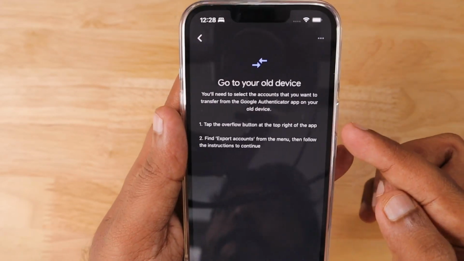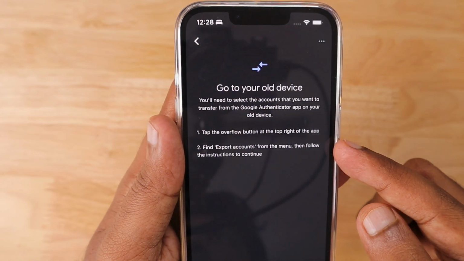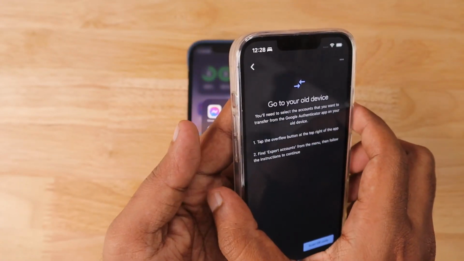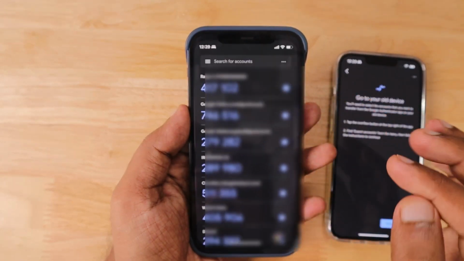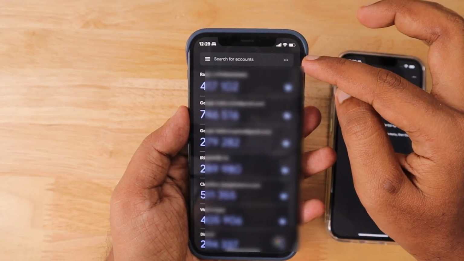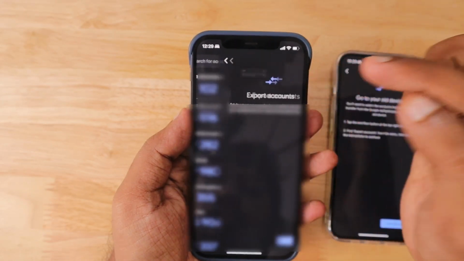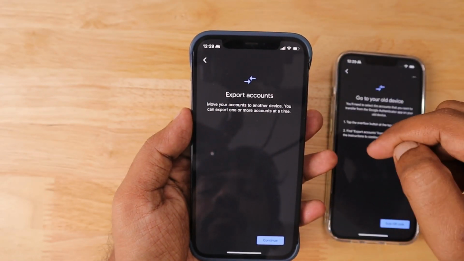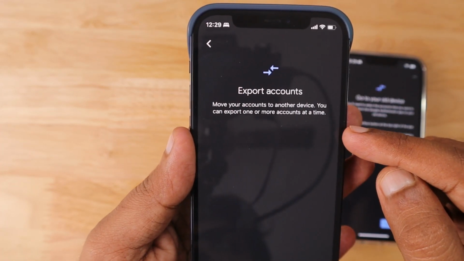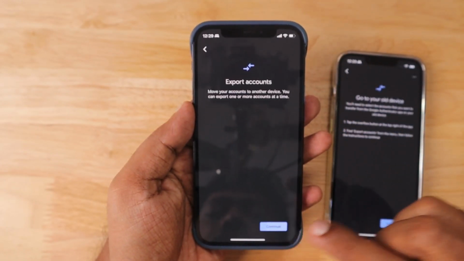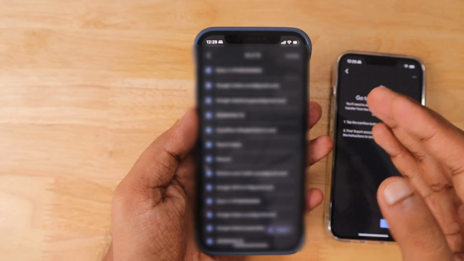In your new iPhone, if the Google Authenticator app is transferred, or you can freshly install it, tap on Import existing data at the bottom left corner and then follow the instructions. Don't reset your old iPhone once the backup transfer is completed. That is very important. And here you have to open the Google Authenticator app and tap on the three dots at the top right corner, tap on Export accounts, and you will be given two different QR codes in order to perform the handshake, the sync operation, and then it'll initiate the transfer of all your Google Authenticator data